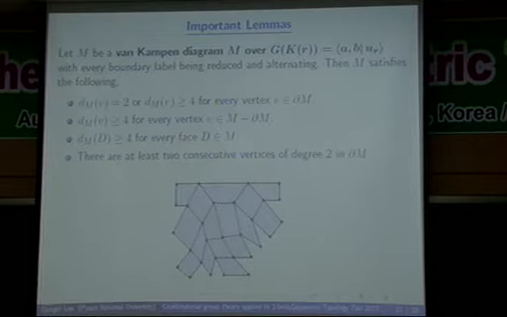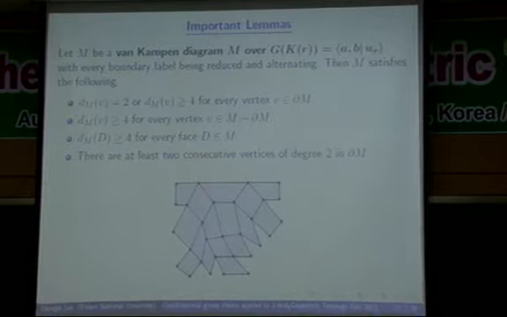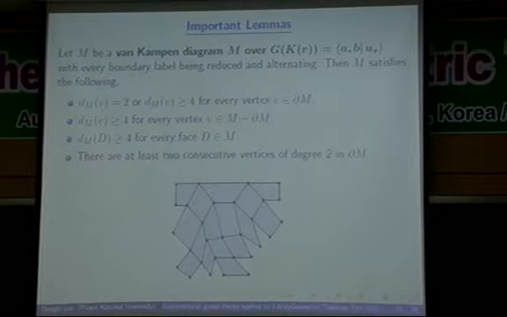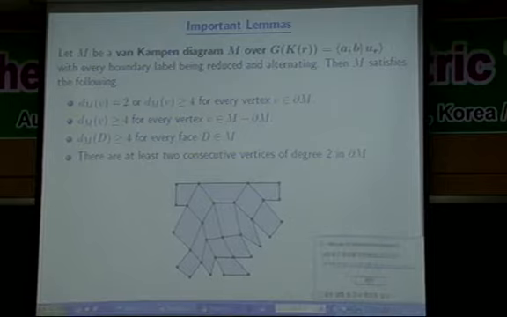Using the Gauss-Bonnet formula, we obtain these properties. Each boundary vertex should have degree 2 or greater than or equal to 4. Every inner vertex should have degree at least 4. And every face has degree at least 4. The degree of a face means the number of edges on its boundary. And